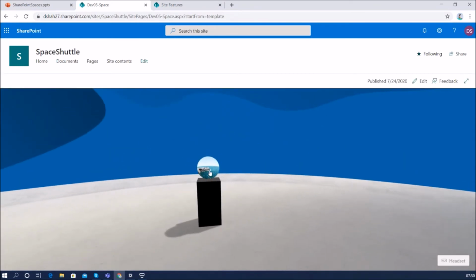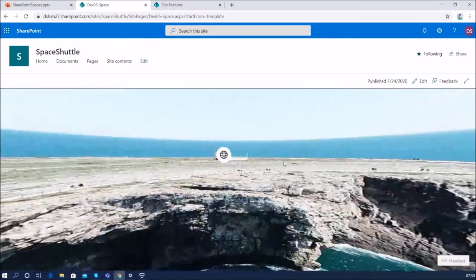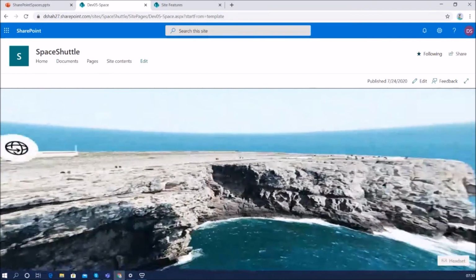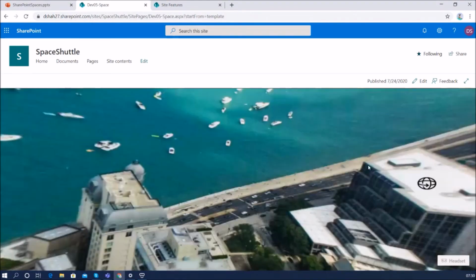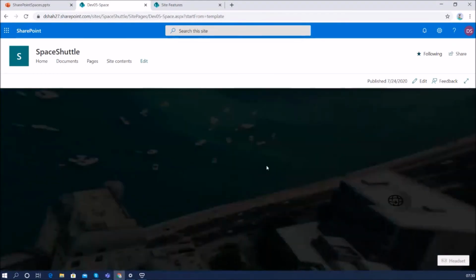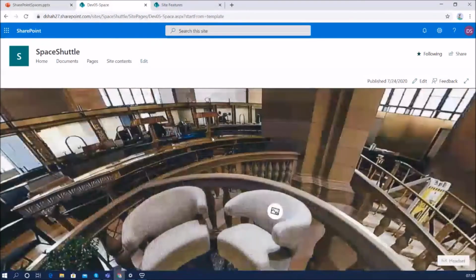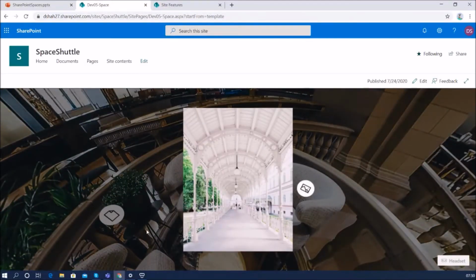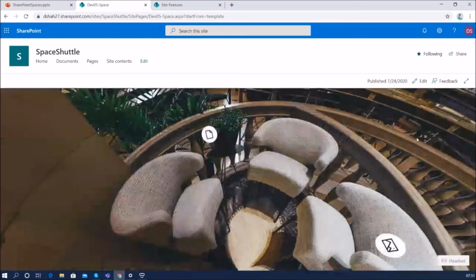So let's say here, whenever I click on my 360-degree virtual tour, it is showing me this beautiful ocean. Now I want to go inside that. I'm clicking here, and it has redirected me to this page. If I want to go to a museum, I click on that, and it redirects me to the museum page. If I want to check the history of the chair, it is showing me this. If I want to read about the plantation information, I can read it using this option.